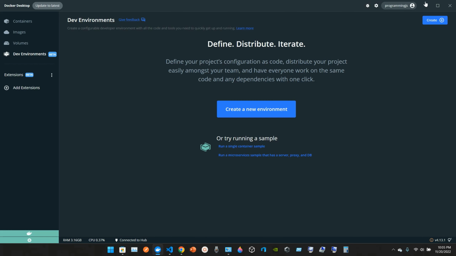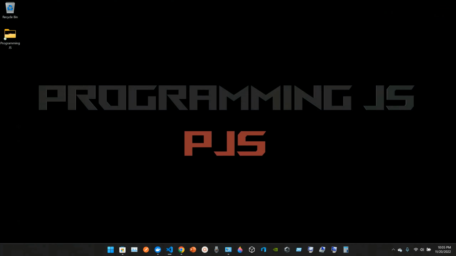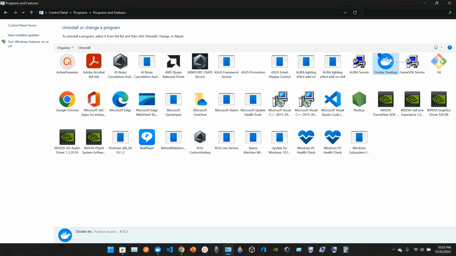So since I already have Docker installed here, I want to uninstall it now. So I go to my Docker Desktop and I'm gonna uninstall